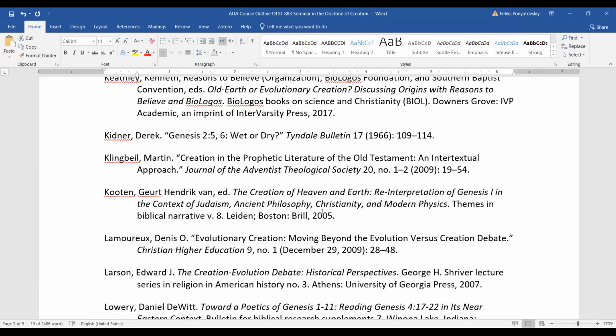Now we have books. And maybe we can assign 2 people for each book. For example, Pastor Oladosu and Pastor Obioma, you can read one book. Which book would you like to work on? Walton or Blocher? Walton. Okay. So Pastor Obioma and Pastor Oladosu will read a book by Walton,